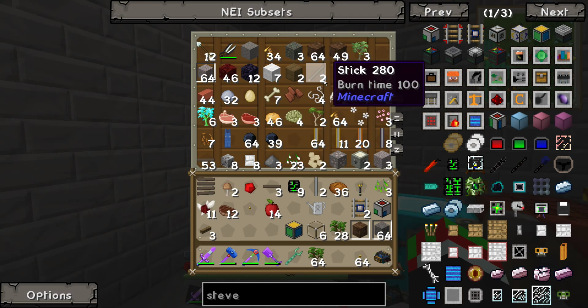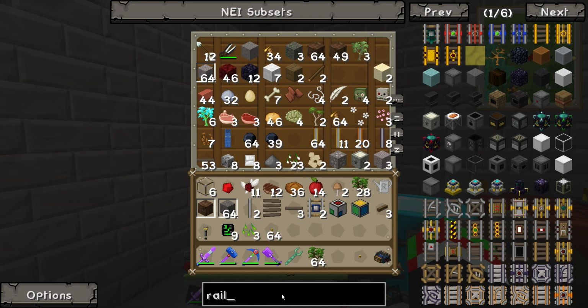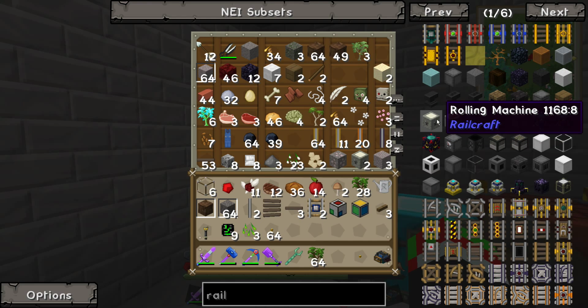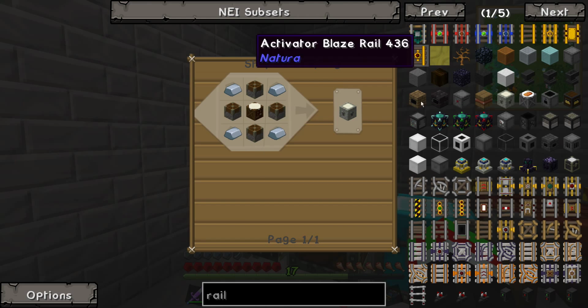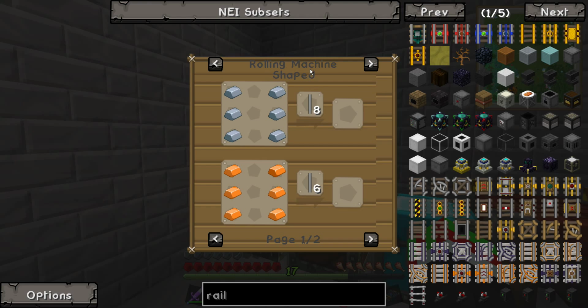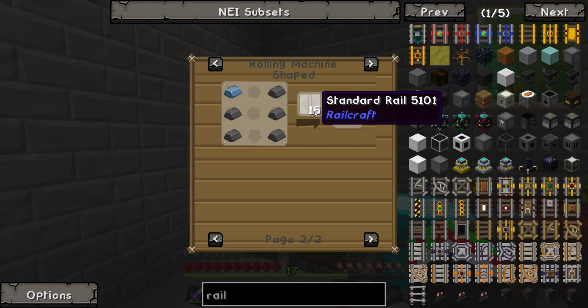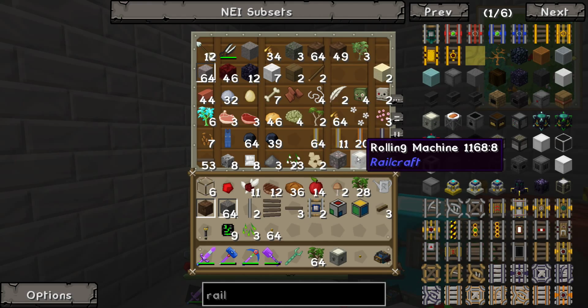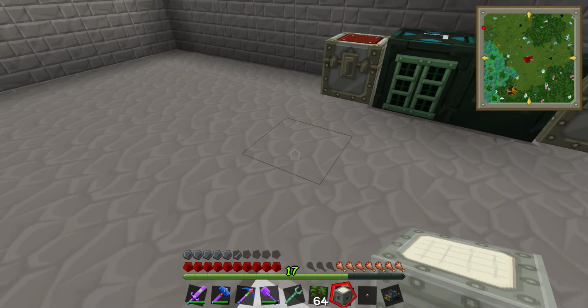And the rolling machine is pretty simple. I'm just going to type in rails to show you guys what the uses of a rolling machine are. Now, I'm just going to click on one of these rails here. Now, it's in the rolling machine, and it's just a shaped crafting table. You could either use bronze, steel, or iron. Now, they give you different amounts, as steel, of course, gives you 16 of them. But I'm going to go with iron, and since I have 2 rolling machines, I'm just going to take one and go down here and